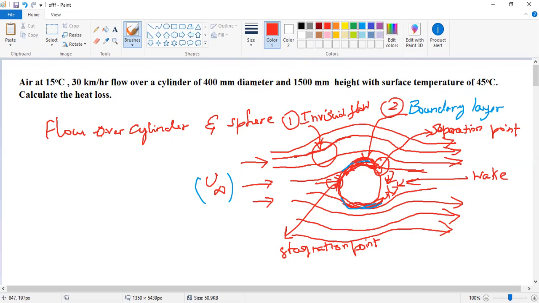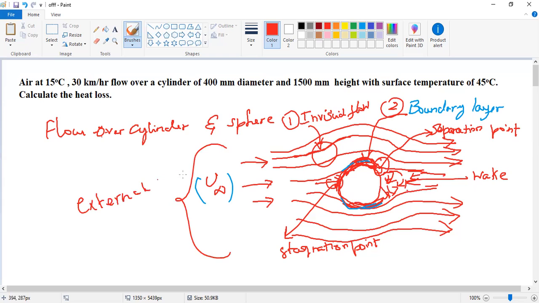The pressure gradient along the surface is zero, but on the surface of the cylinder it becomes non-zero. So there is some velocity, but the pressure gradient is responsible for the development, which represents the backside of the cylinder. This is the backside of the cylinder. The flow over a cylinder or sphere follows the same concept. That force represents the extent of the flow, which is the wake flow. So this represents the external flow.